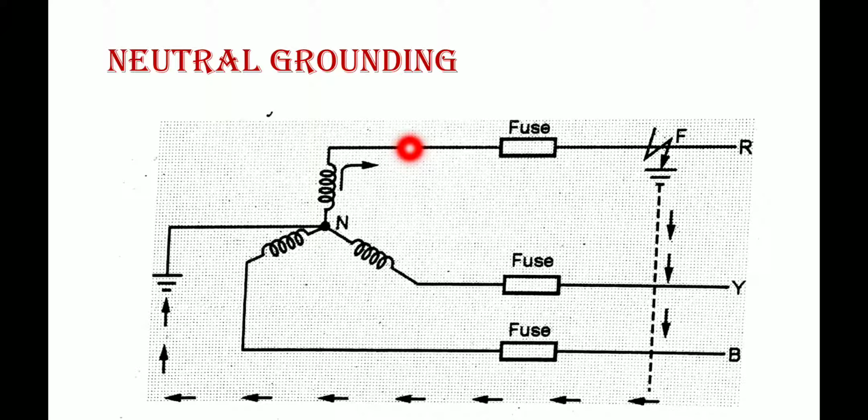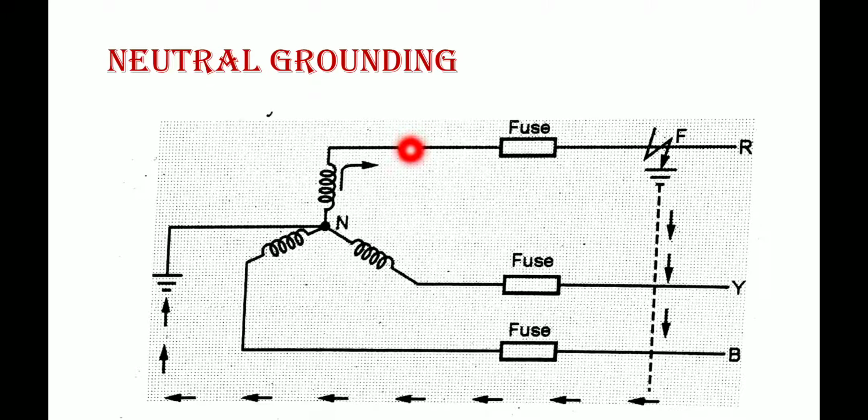What might be the causes of the occurrence of this earth fault? It happens whenever the conductor comes in contact with the ground itself. It is almost similar to a line to ground fault, where the conductor comes in contact with the earth or the ground. What might be the reason for the conductor coming in contact with the earth? It may be due to high speed winds, or the falling of trees on the conductors, or insulation failure during the installation process. These might be the reasons for these kinds of faults.